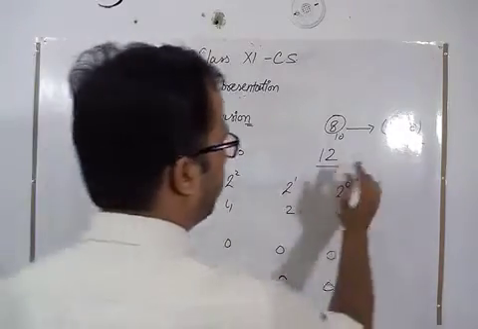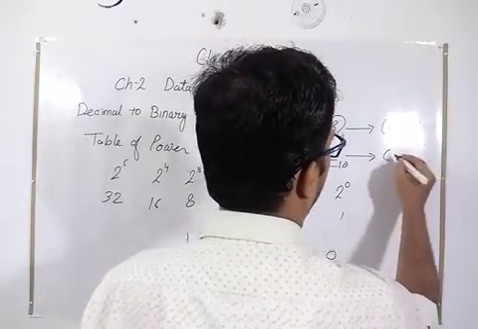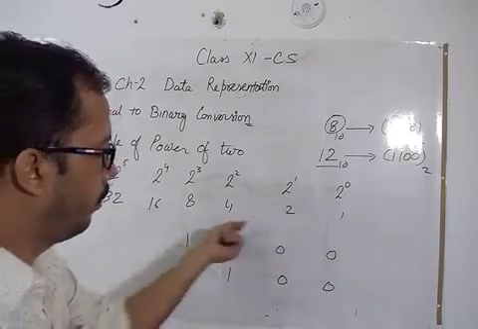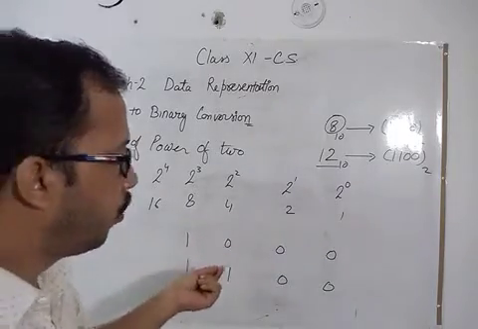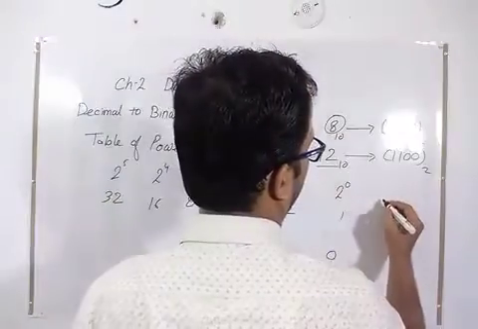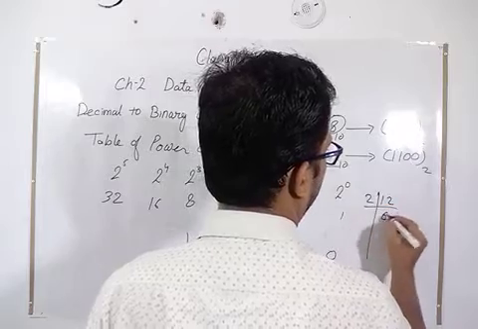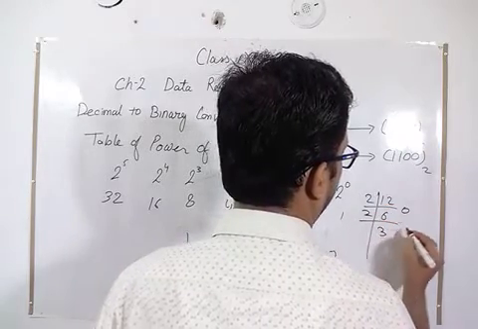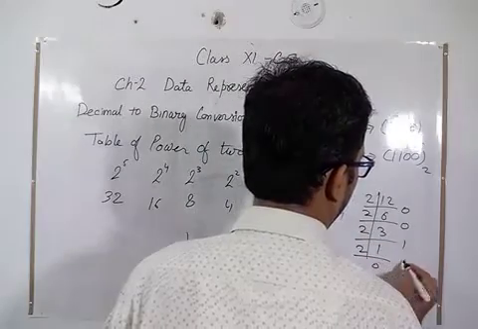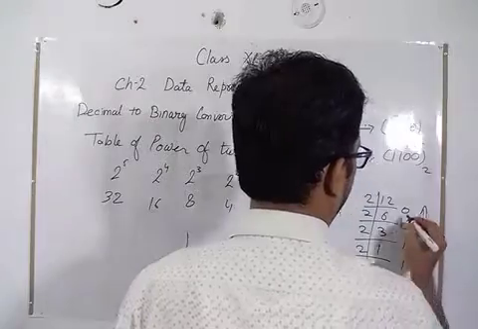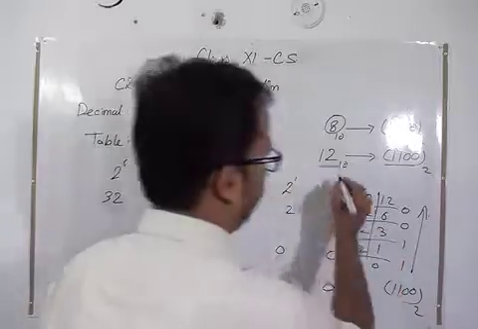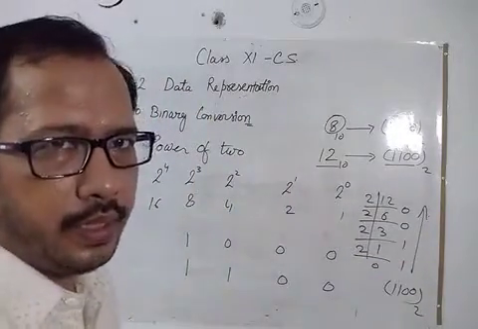So this is the binary, and we are getting this from that table. If you want to verify whether it is okay or not, then divide 12 by 2: 6 remainder 0, then 3 remainder 0, then 1 remainder 1, and then 0 remainder 1. In that form, 1100. So we are getting 1100. It is the binary. So the method is properly working.